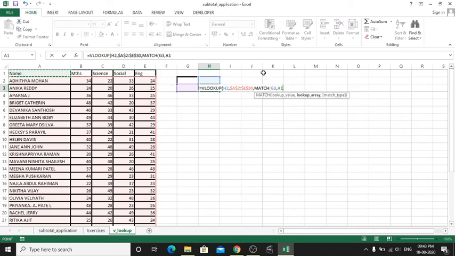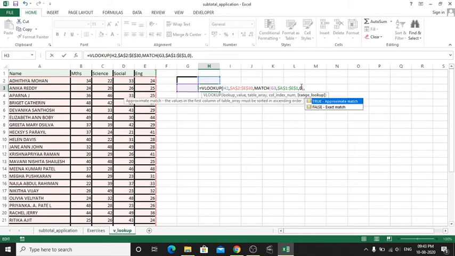So here also I am going to put the dollar symbol. Okay, comma, exact match 0, bracket close, match function is over, comma, true.